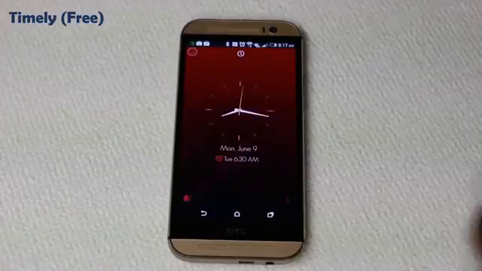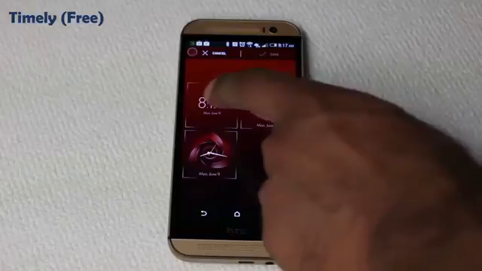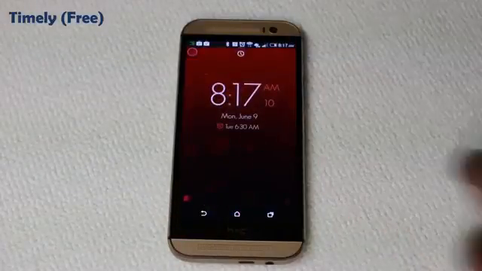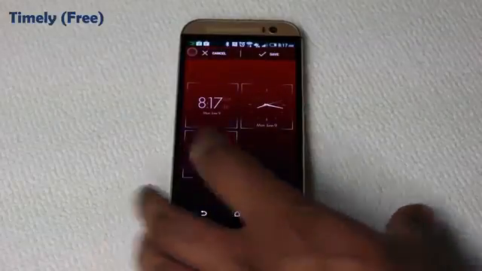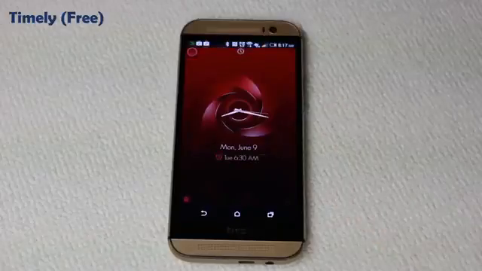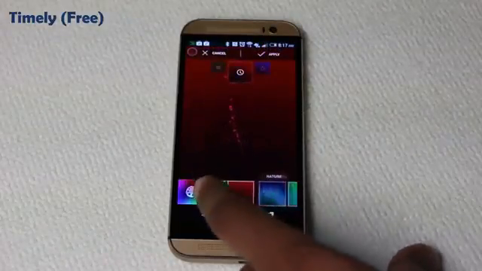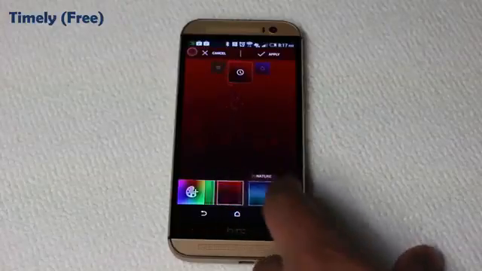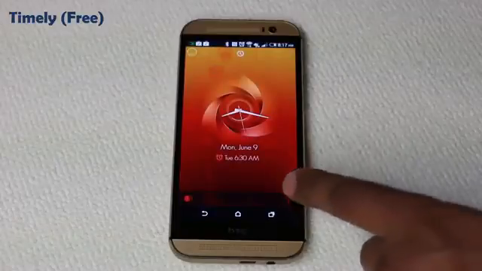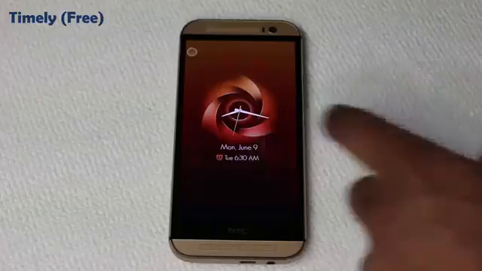Now with the clock, you have a couple of different options. So you can have an analog clock, a digital clock, and a nice little designer clock over here, which I happen to like. And again, when you save this, you can also change the background themes right over here. So I can go with an orange theme, apply, and then you also have a night mode, which changes things up a little bit. Okay,